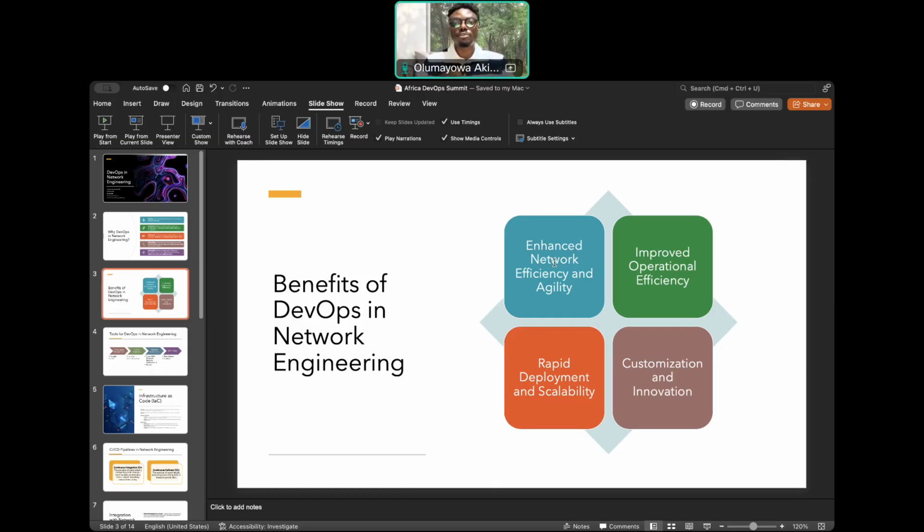Then also we have improved operational efficiency. That's where monitoring and logging comes in, where we use tools like Prometheus, Grafana, ELK. There's one called Cisco ThousandEyes, which is actually a very interesting tool to use as well. Then also we have Splunk. I'm sure a bunch of us are quite familiar with Splunk too. Then for improved operational efficiency, we have reduced manual intervention, where there's actually less human interaction in things like that.